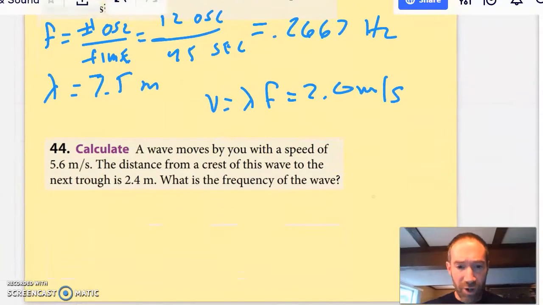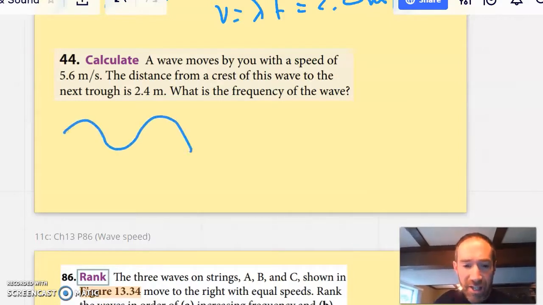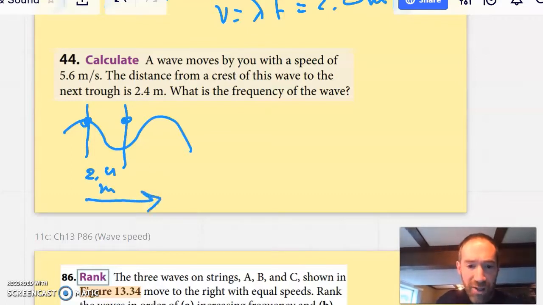On number 44, it says a wave moves by you with a speed of 5.6 meters per second. Distance from the crest of this wave to the next trough is 2.4 meters. What's the frequency of the wave? This time they're not telling you the wavelength directly. They're telling it to you in a strange kind of way. They're saying that from the crest to the next trough, that's 2.4 meters. We know that the wavelength is a full wave shape, and so the wavelength here is going to be 4.8